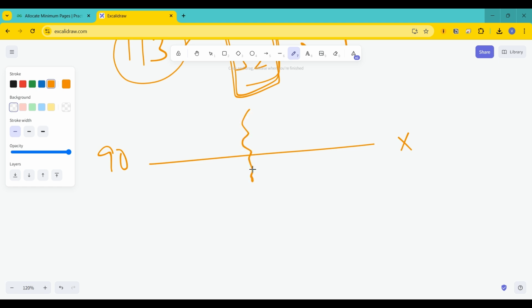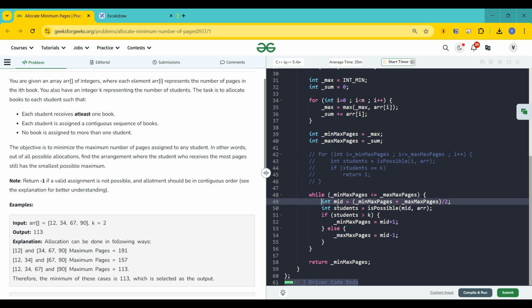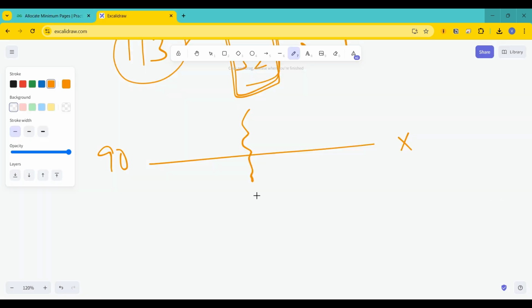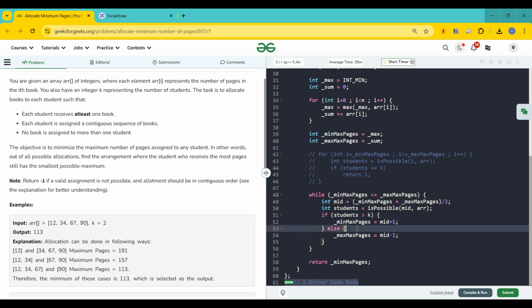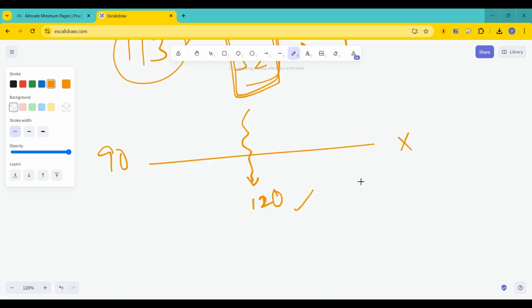So, in here, I pick up the middle element and I try to find if it is possible to allocate that number of pages to the given number of students. If it is possible, suppose this number was 100 and suppose the number is 120. If it is possible to assign this, what we will do is, see, we want the minimum possible, right? It is possible to assign this. So what we'll do is